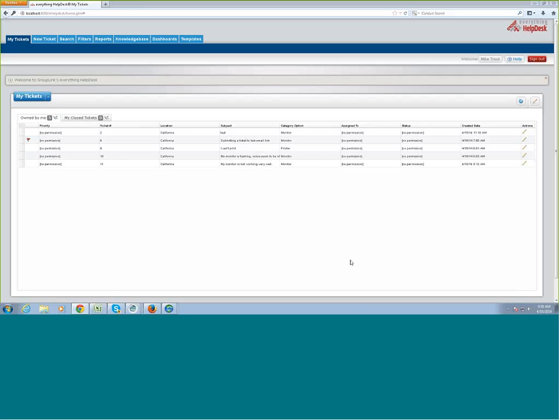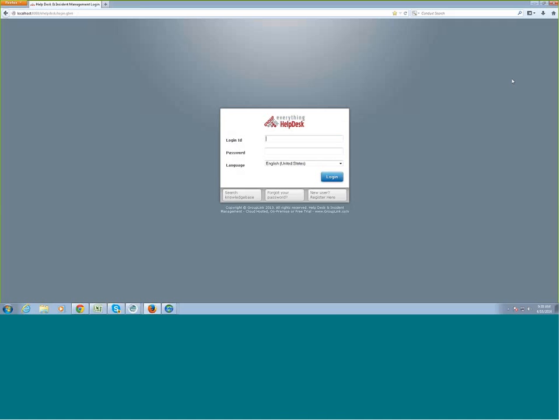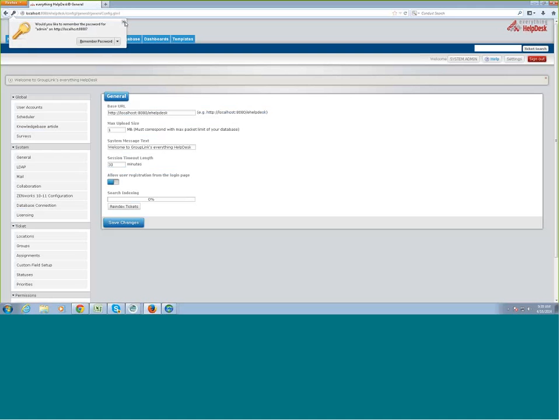Okay, it looks like there is a question here about at the login, is it possible to remove the new user register here button? And yes, there is a way to do that. If you notice, it's here in the lower right-hand corner. So I'm going to log in as the admin user. Then right when you log in as the admin user, you're taken to this general tab here, which is found